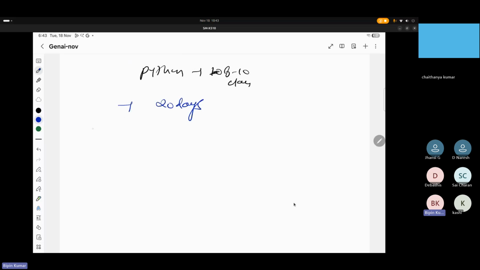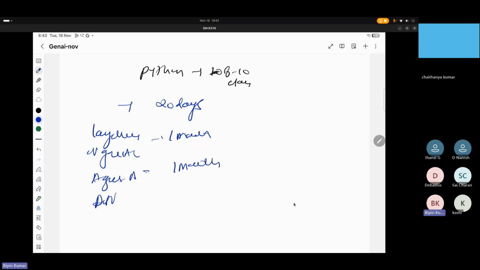Then LangChain or GenAI framework, that is 1 month, and Agentic AI, that is 1 month. And deployment, that is 1 month. So it will be approximately a 4 to 5 month course,